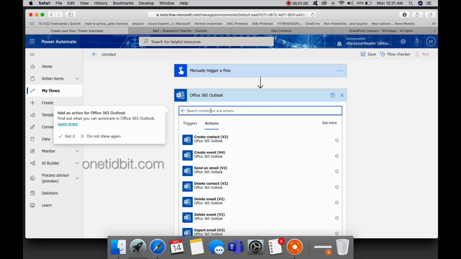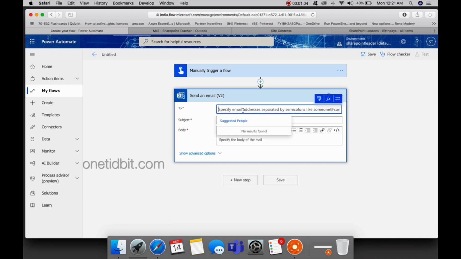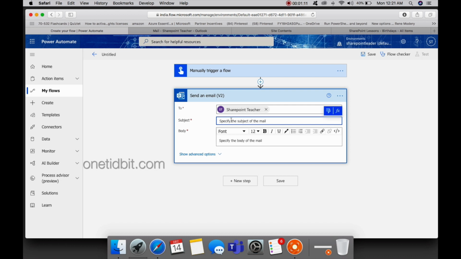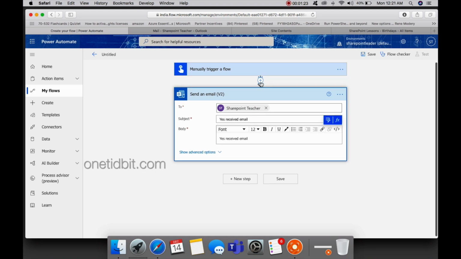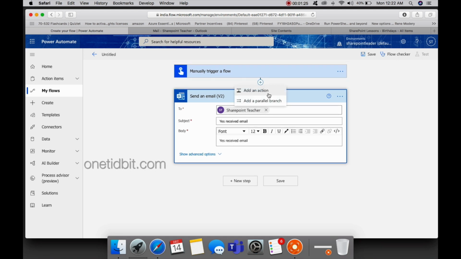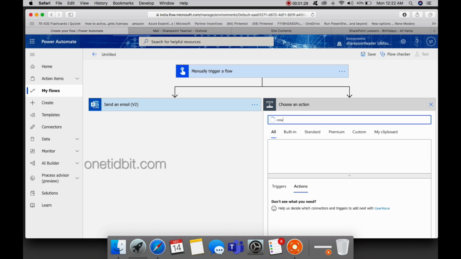So here, send an email. Specify the recipients and subject: received email. Same copy in the body also, and create a parallel branch. For that, create an item,